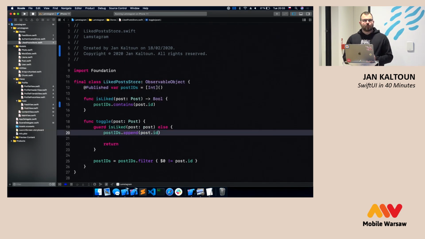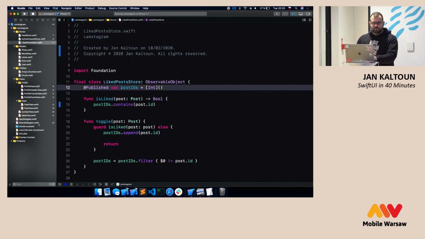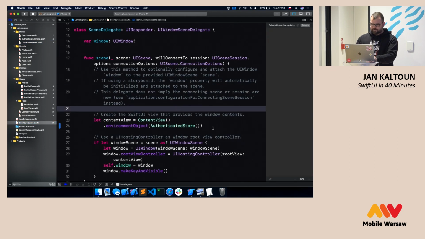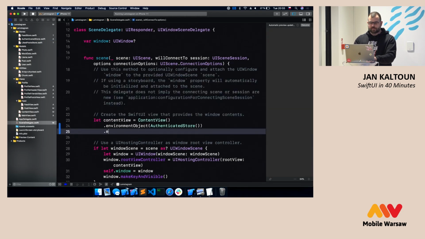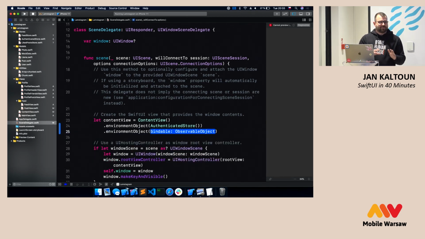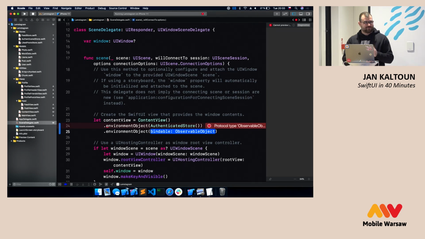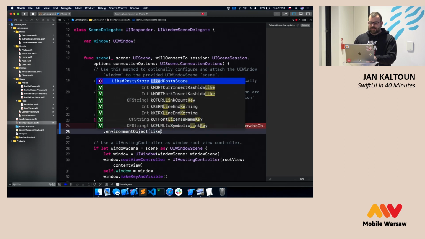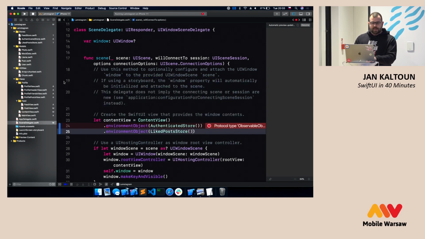Now this is my plumbing for the whole store, and it's nice because you can see that there's functions on the store that you can use quite nicely. Now I need to inject this somehow to all the views that can use this, and what better place than the scene delegate? So I just add another environment object, and probably you wouldn't do it this way. You would have some API and some better architecture, but for the sake of this 40-minute presentation, this is good enough. Let's also add the liked post store here,